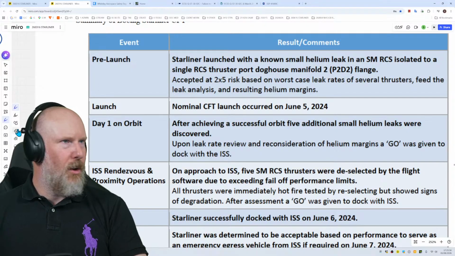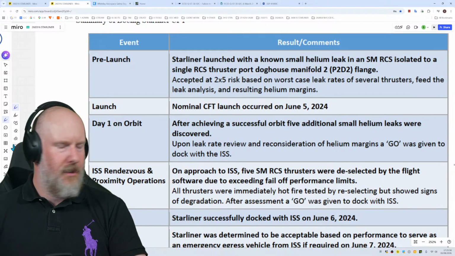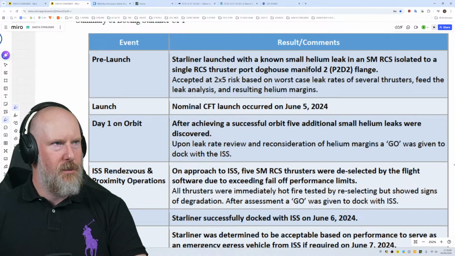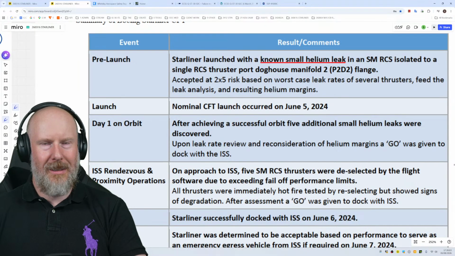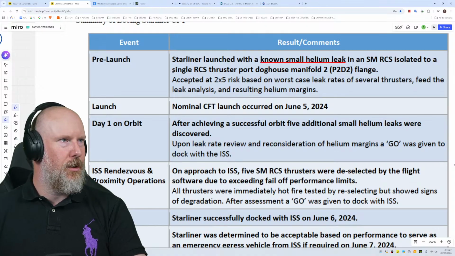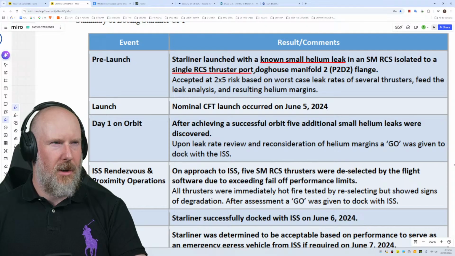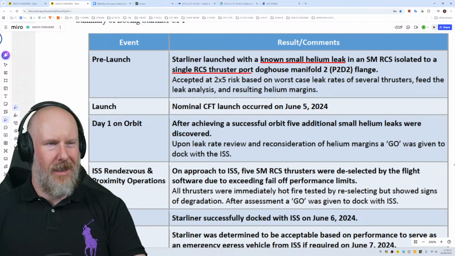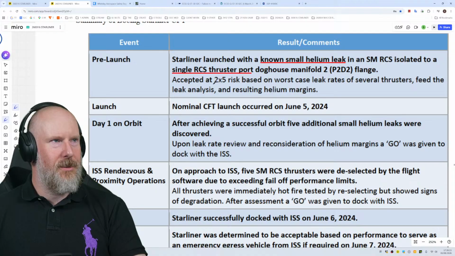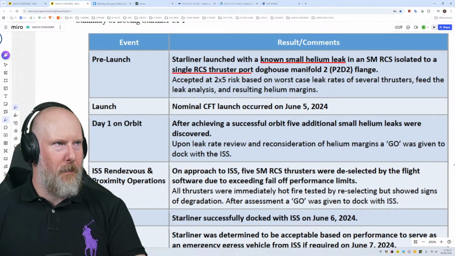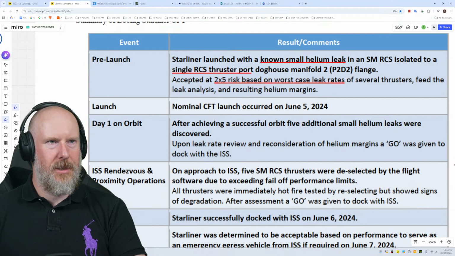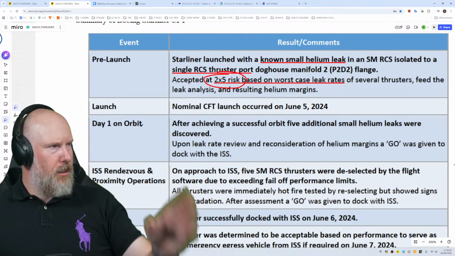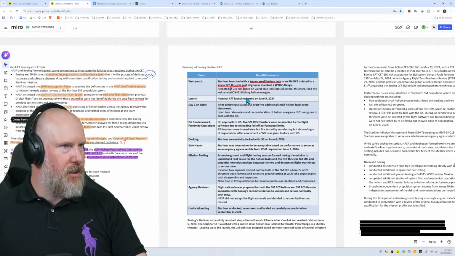Starliner launched with a known small helium leak in a service module reaction control system, isolated to a single RCS thruster port doghouse manifold number 2 flange. Accepted at 2x5 risk based on worst case leak rates of several thrusters, feed the leak analysis, and result in helium margins. So before I talk about the risk thing, let me just zoom out and grab hold